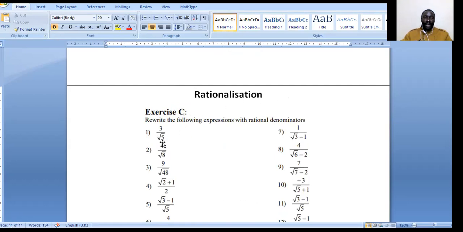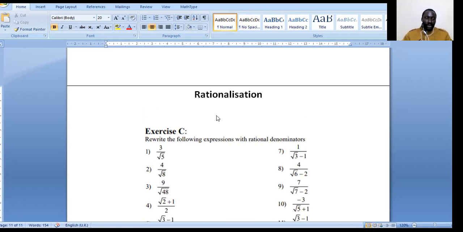How do we make this one here be rational, not irrational? Because surds mean irrational numbers. In rationalization, we want to make surds rational, not irrational. So how do we handle this? Well,